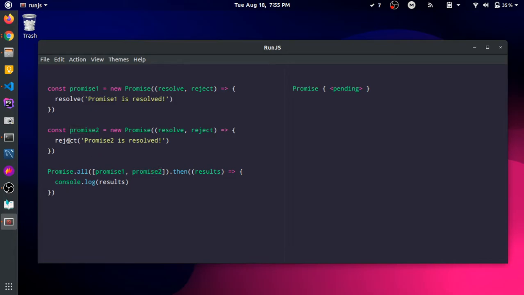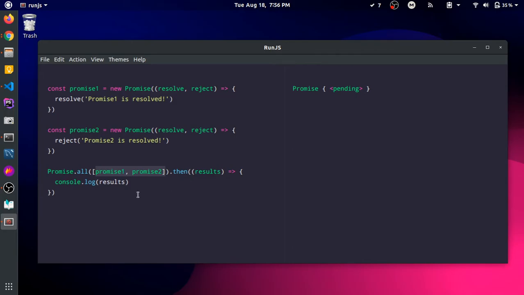And that's the first characteristic of Promise.all, that is it would only return a resolving promise if and only if all of the promises that have been passed to Promise.all are resolving or fulfilling, and it will reject the resulting promise vice versa.